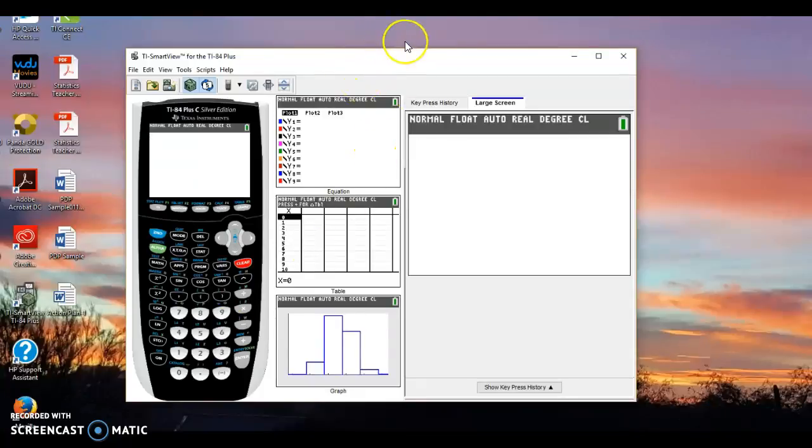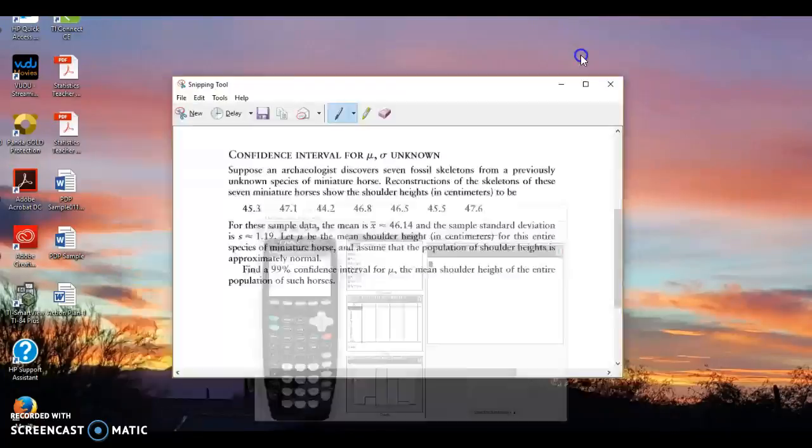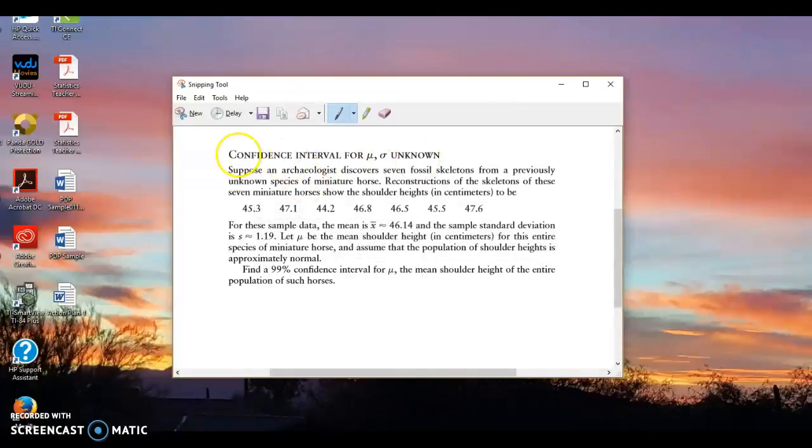Okay, class. So we've seen how to do these confidence intervals manually. Right now I'm going to do one for a t-distribution. This problem says, suppose an archaeologist discovers 7 fossil skeletons from a previously unknown species of miniature horse. Reconstructions of the skeletons of these 7 miniature horses show the shoulder heights in centimeters to be, and there's these